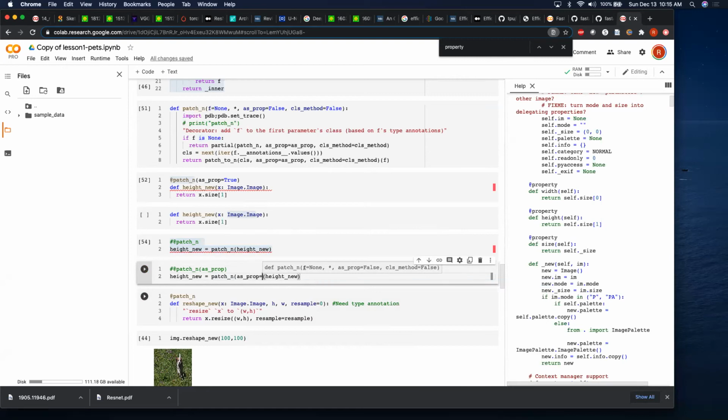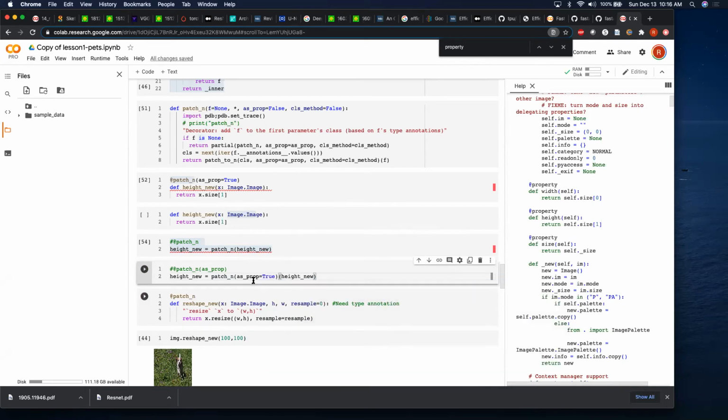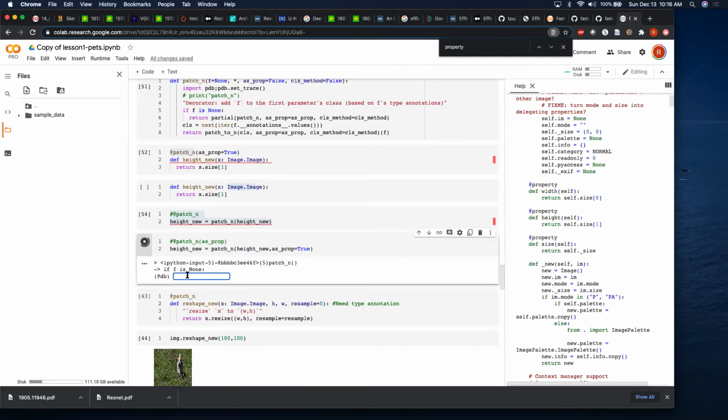You can keep height new as the first parameter which you pass. Then add this as a property parameter, and you should remove the other. Good. So this time we go the same way, but we have